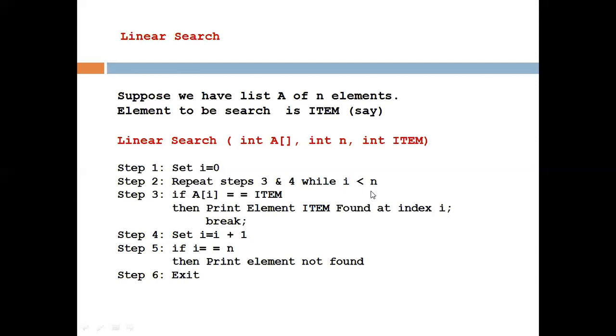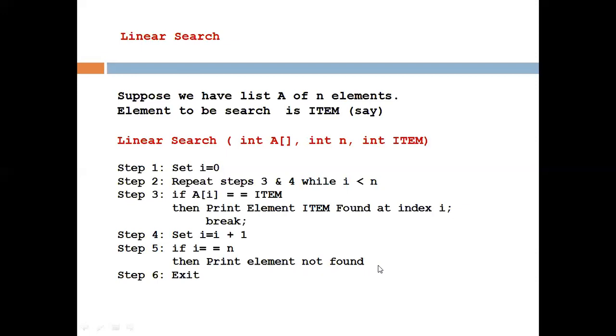If again this condition is matched, if at any time the element matches, then the loop will break right there and there will be no more comparison. But if it does not match, then the comparison has to continue. Now the loop will break in two ways: either the match happens here and it breaks here, or we are comparing from the 0th element to the n minus 1th element and the value of i becomes n, then this condition will not be satisfied and hence the loop will break. In that condition, if i is equal to n, then it will be printed that element not found.